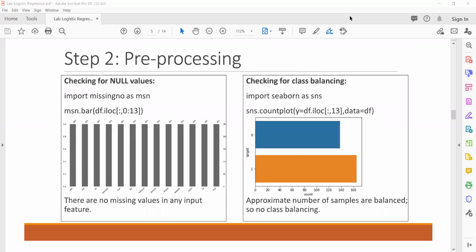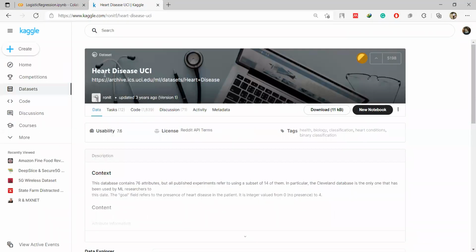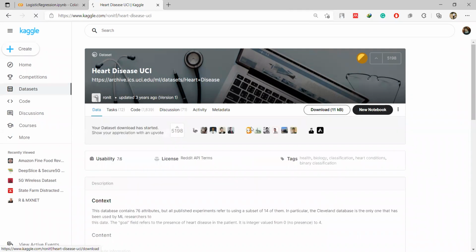Logistic regression. Okay, so this is the data set that we will be working on. Hard data science, UCI. You can search on Kaggle, you can reach this link easily. You have to download this file, so I'm downloading it. Download this zip file, and I will be unzipping it on the back end. I'm doing the unzip right now, and I will be putting this into the file section of our code. So I'm bringing that into the file section in one second.